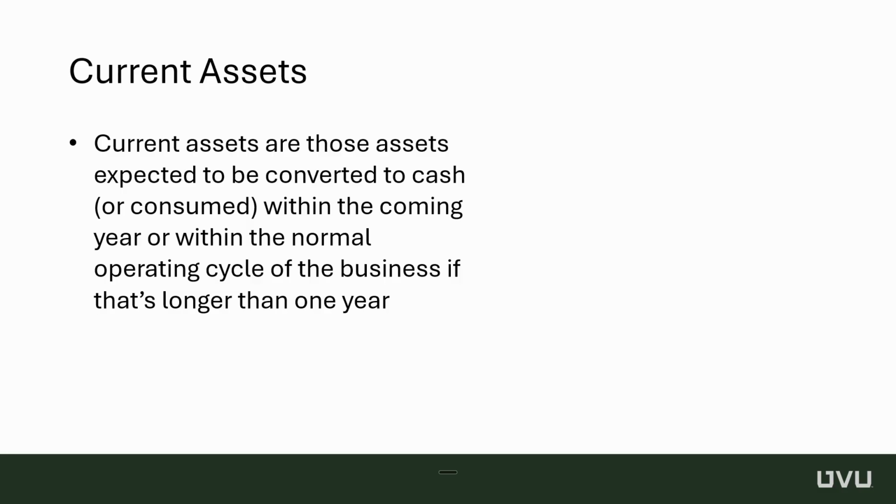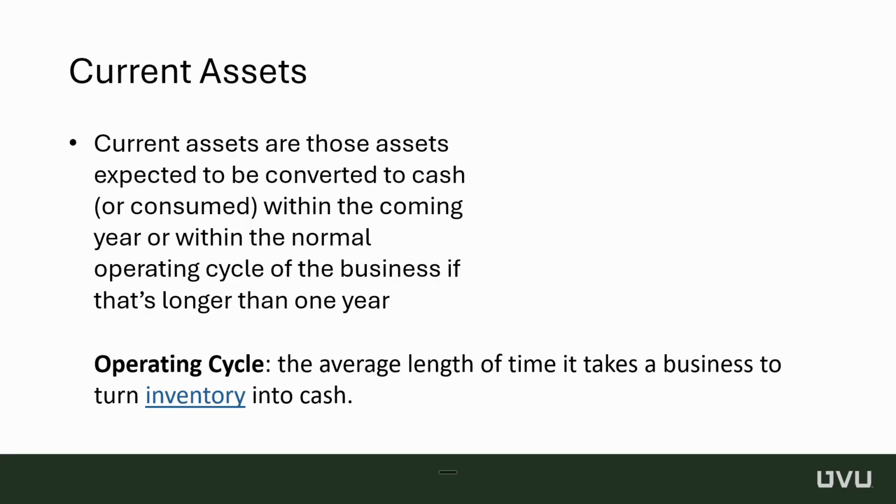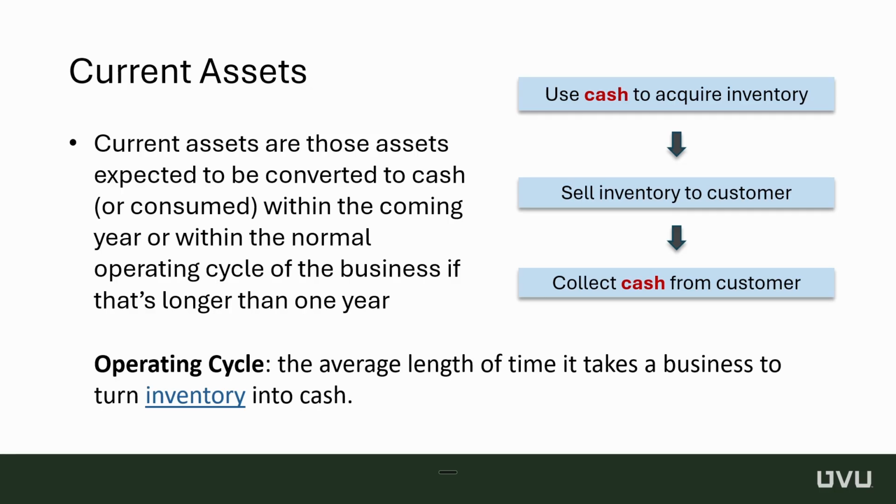Specifically, current assets are those that a company expects to either convert to cash or consume within the upcoming year, or within the company's typical operating cycle if that happens to be longer than 1 year. And what is an operating cycle? It is the average length of time it takes for a business to turn inventory into cash. In other words, the operating cycle maps out both the time it takes between the purchase and production of inventory to its sale, and the time it takes to collect cash from customers, in particular those to whom we're selling